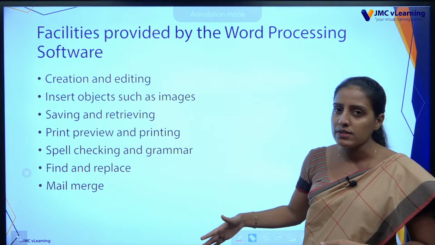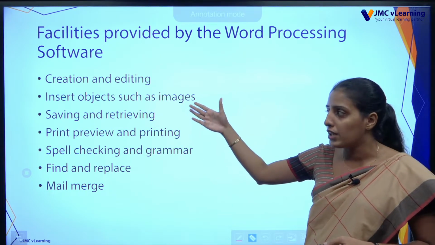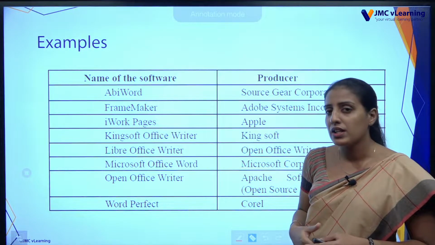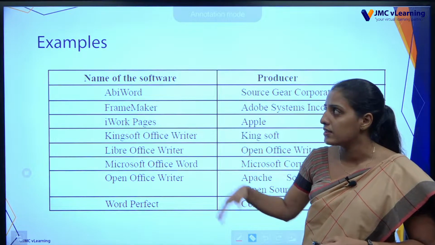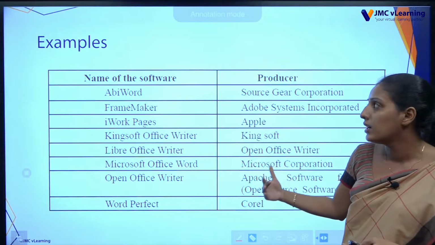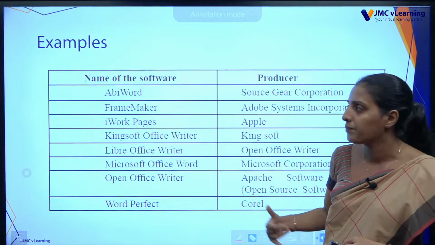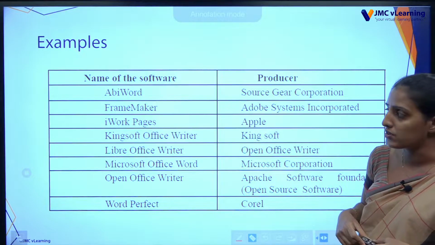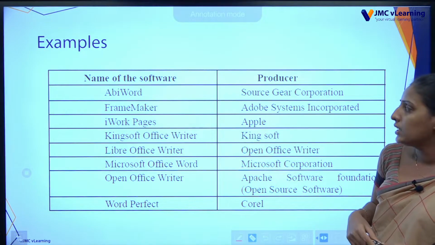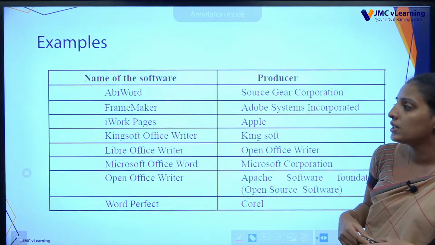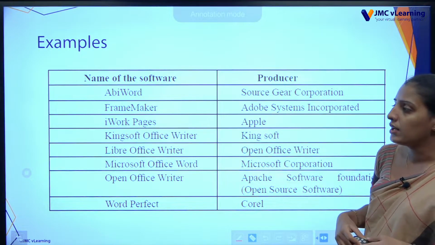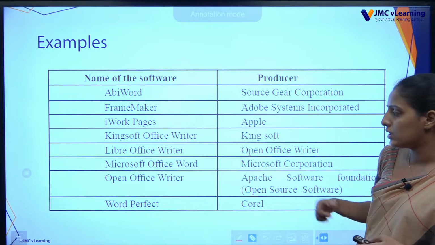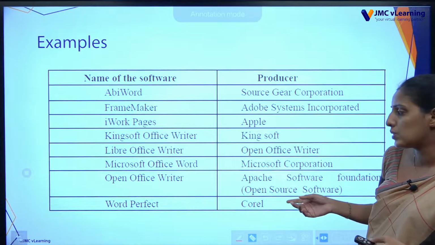In this chapter, we are going to discuss each point with practicals. Some examples: what are the word processing software examples? These are the names of the software. In this column, the producer is given. AbiWord, SourceGear Corporation introduced it. FrameMaker, Adobe Systems Incorporated. iWork Pages, Apple. Kingsoft Office Writer, Kingsoft. LibreOffice Writer, OpenOffice Writer, Microsoft Office Word, Microsoft Corporation,